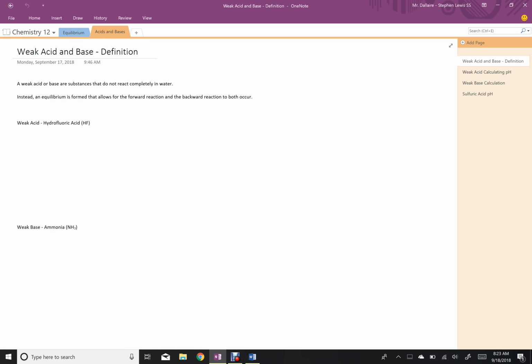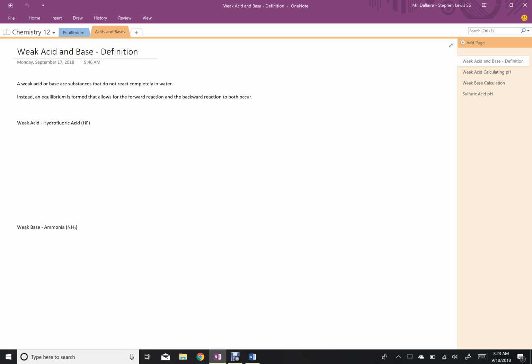Okay, we talked about weak acids and bases in grade 11, but now that we're doing equilibrium, I think we can have a better perspective on what's really going on with a weak acid or a weak base. A weak acid or weak base, we said in grade 11, was one that does not completely react with water in the acid-base reaction. But now that we consider the forward and reverse reactions, what we really mean by a